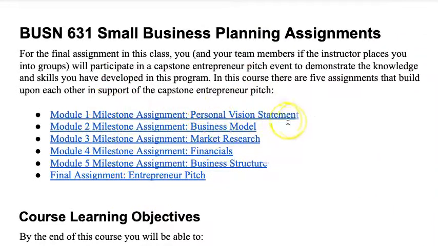This is the personal vision statement. Next assignment, we'll look at your business model. This is how we might create a business that would satisfy both your personal and your business priorities and goals, and achieve your personal vision statement. That's why I don't really want you to focus on the specifics of what type of business you have in your personal vision statement.